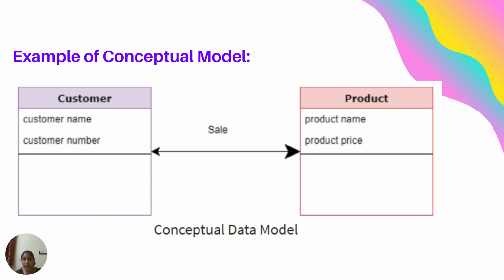So the relation between customer and product is that customer buys the product when the product is for sale. So here, sale is the relationship between customer and product. Relationship might not be unique. You can give any name for relation between two entities as long as it satisfies the condition. Now for the same example, I can give relationship name as purchase, as customer purchases the product when it is for sale.